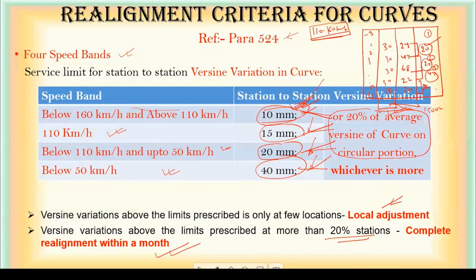Number 1, first limit was this. Second limit क्या था, वर्साइन का 20%, तो 1500 mm का 20% कितना हो गया 300 mm,